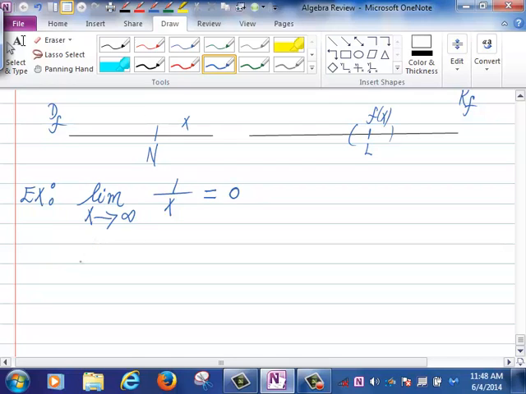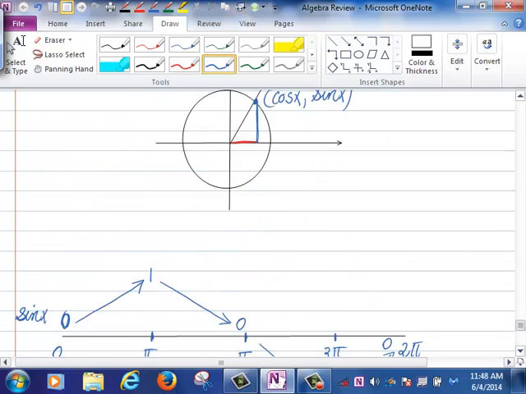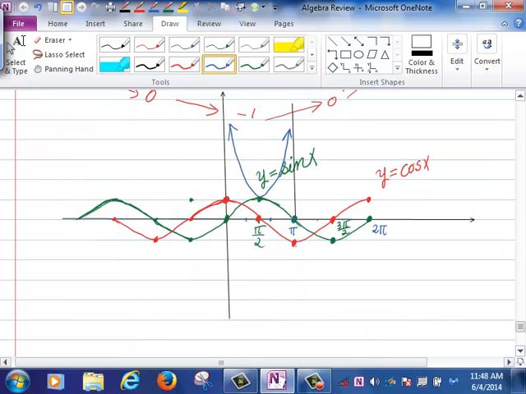So that gives you the intuition to say this limit is 0. In fact, the limit as x going to negative infinity of 1 over x is 0 as well. What's the limit as x going to infinity of 1 over x squared? What is that limit? Well, again, it's 0, right? Because we are dividing 1 by bigger and bigger numbers. And if we look at the graph of 1 over x squared,